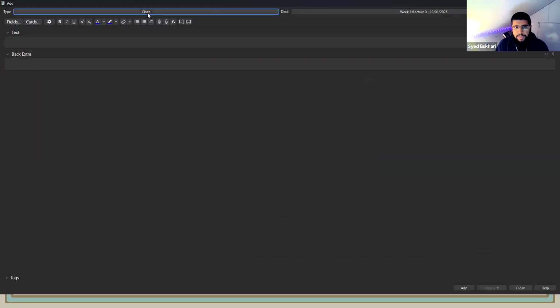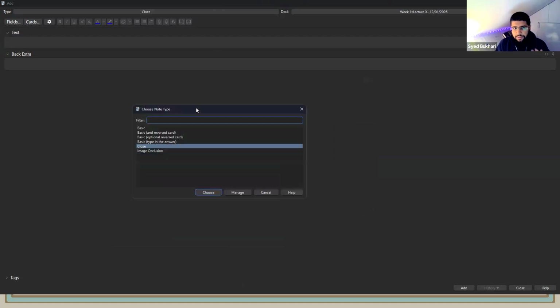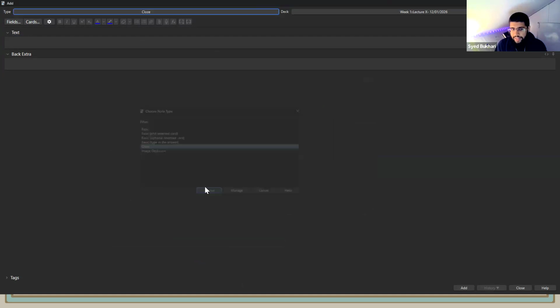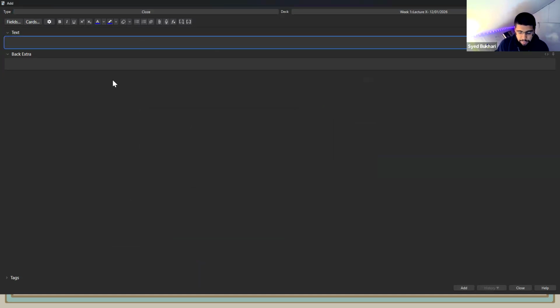Now you can see I've already got the setup on here because it's my personal favorite one. Like I said, I like having consistency. So Basic, I don't think works for everything. I think you have to switch around a lot. For me personally, I think Cloze is amazing. So let's say, for example, we have a specific one.